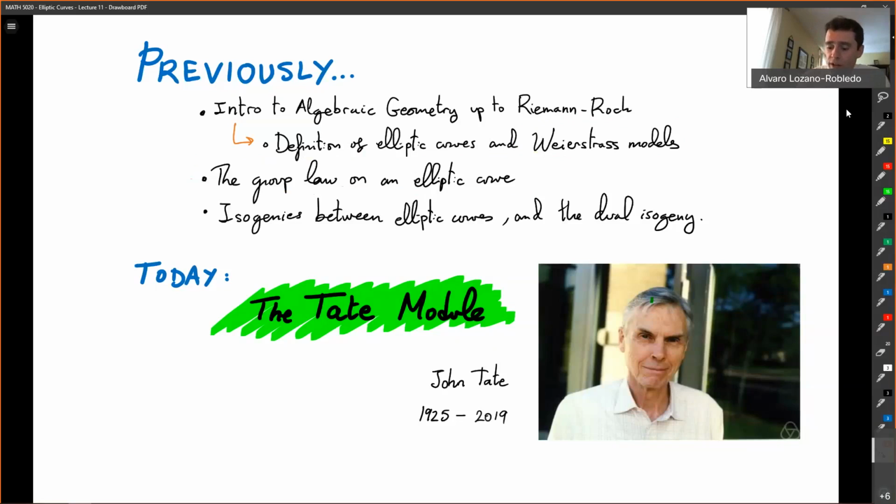Then the last few lectures, I talked about isogenies of elliptic curves and the dual isogeny. And those will come back to prove a few more things. So we're going to go ahead and start with the Tate module, though first I want to remind you of something